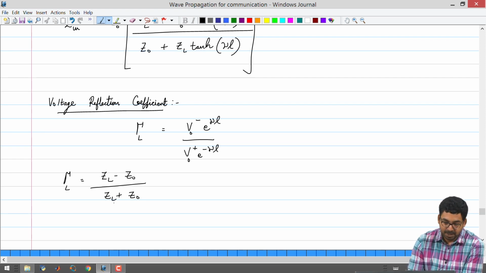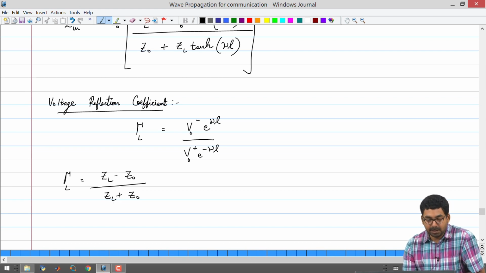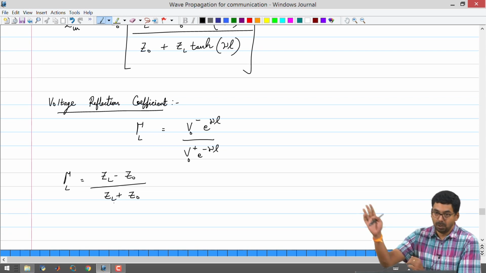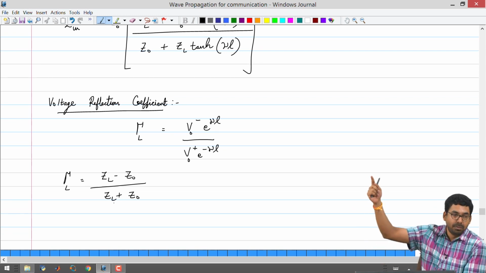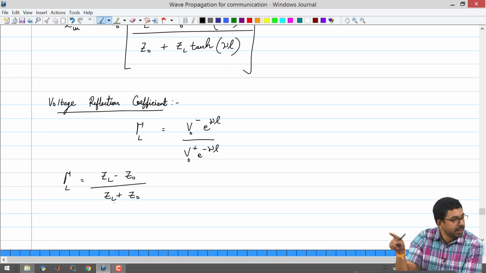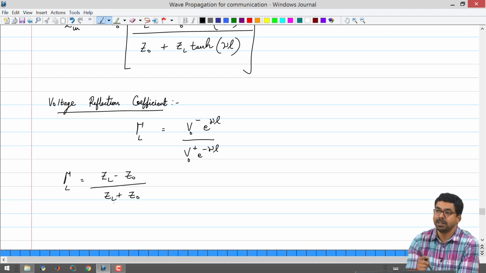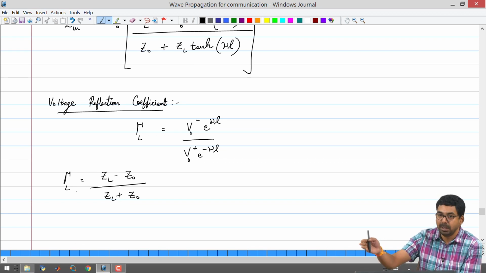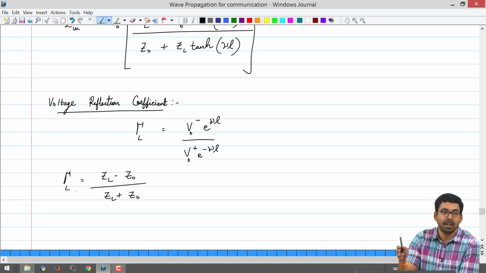Now, one of the things that we need to now understand is that you could calculate in the bounce diagrams the reflection coefficient on the load side, okay, and then the reflected wave will come to the source side, you will calculate another reflection coefficient, and then you will start marking the bounce diagrams again. That is how we drew the bounce diagrams in the prior classes, which means that the reflection coefficient is a function of position. It is a quantity that changes continuously along the position of the transmission line. That means that gamma can exist anywhere in the transmission line, and every section of the transmission line can have its own reflection coefficient. That is what it means, alright.